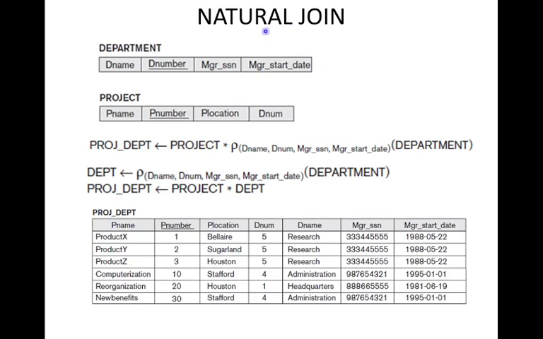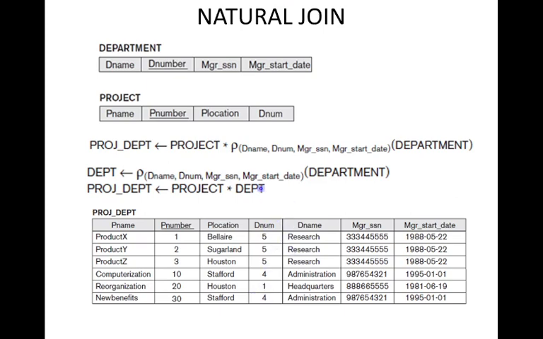Now in natural join, what we have told is that we will be removing the superfluous attribute. So when we join project with the department, in the department table this dnum is superfluous, so that dnum will be removed. In this natural join we can see only one dnum. But in the case of eq join, there will be two dnums, one dnum and d number. We have removed that in natural join. So that is the difference between eq join and natural join. In eq join there will be a superfluous, unwanted additional column. In natural join, we remove that.